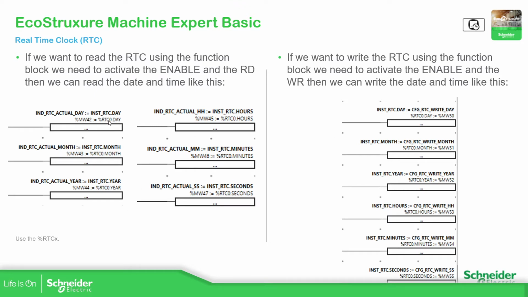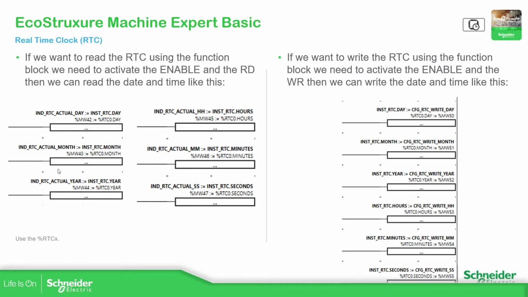So, as you can see here, I'm accessing the RTC instance 0 dot day, dot month, dot year, dot hours, dot minutes, dot seconds and moving that information to %NW variables